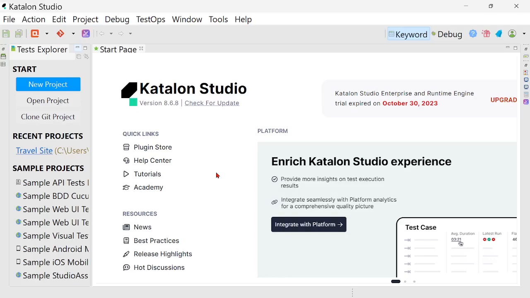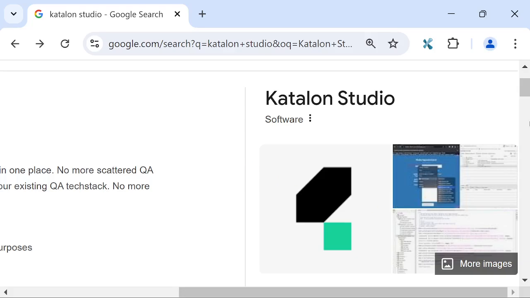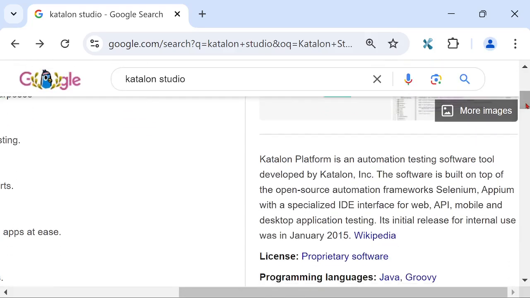Hi, let us talk about Katalon Studio now. Let's search. It is an automation testing software tool